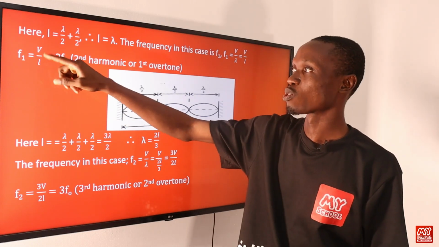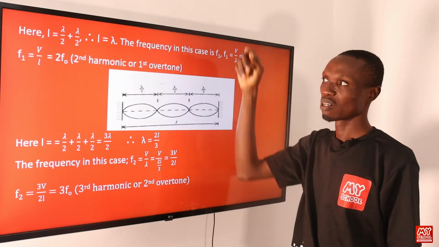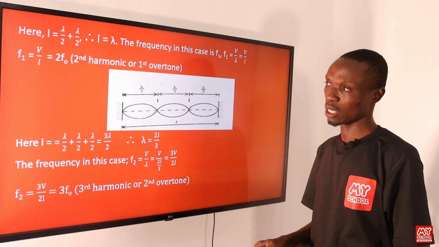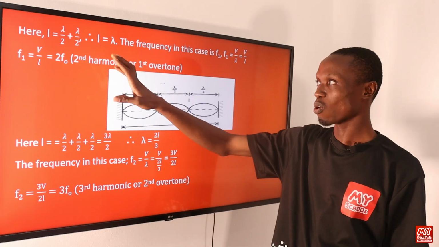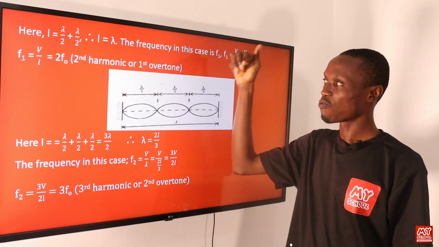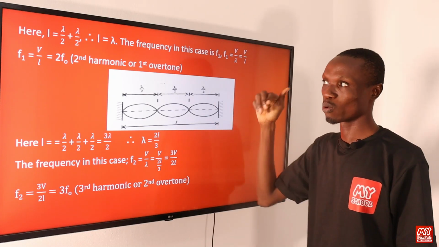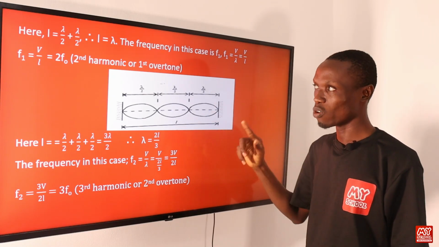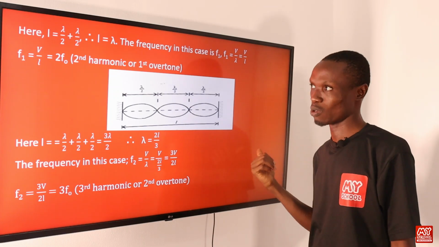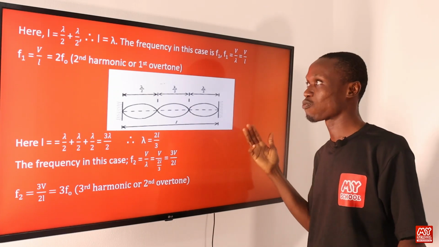And this F1 is also equal to 2 times the fundamental frequency. Okay, so this we call the second harmonic or first overtone. So for example, if you are asked to calculate the first overtone and you are given the fundamental frequency,